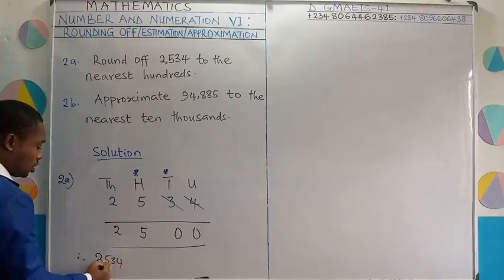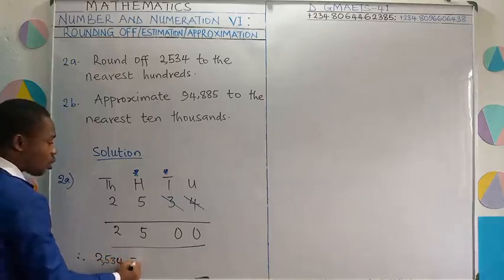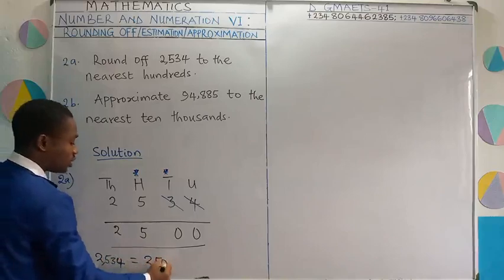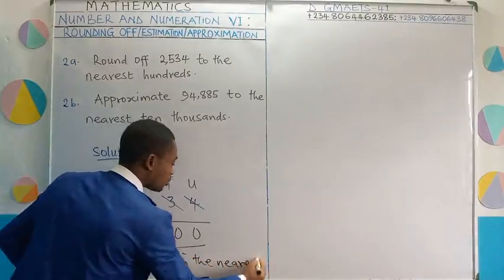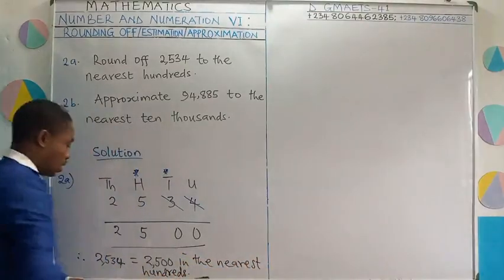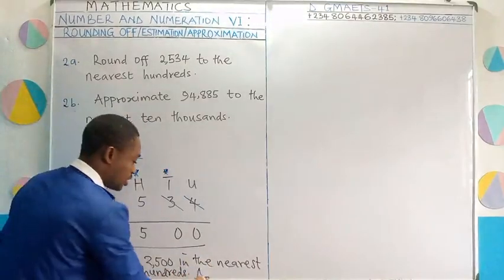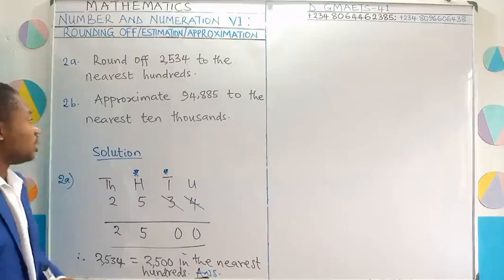Conclusion, therefore, 2,534 is equal to 2,500, right? In the nearest hundreds. You can see how simple this is, right? So let us move on to